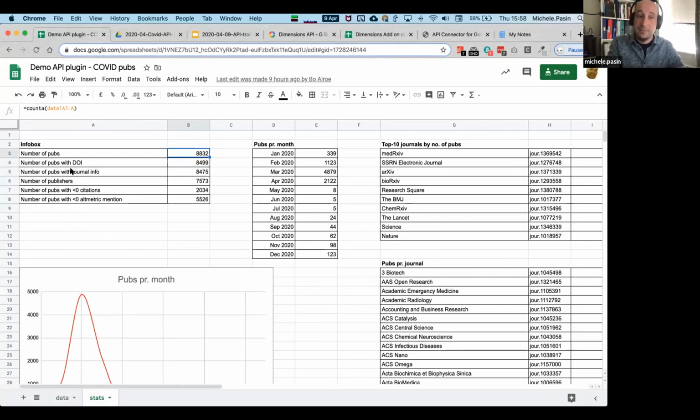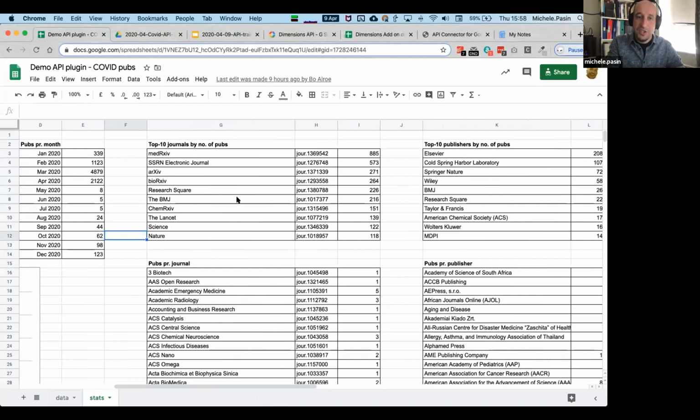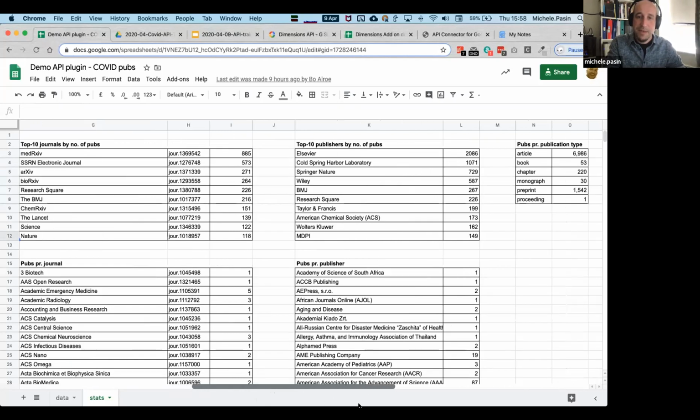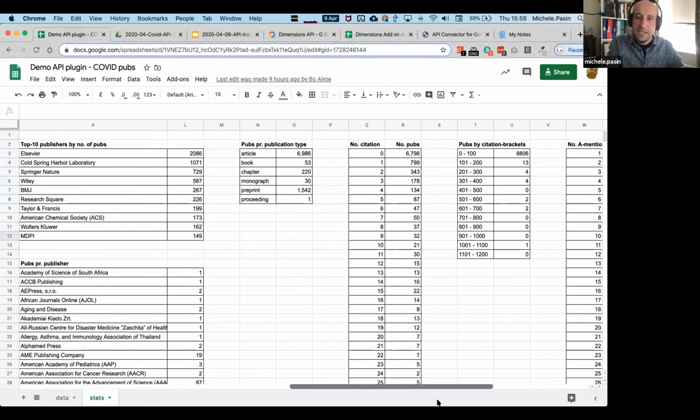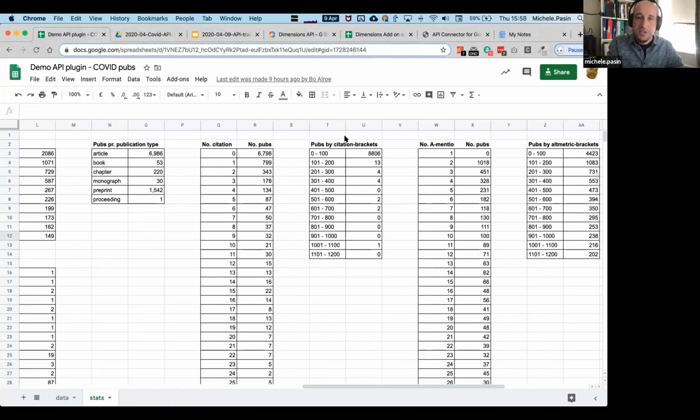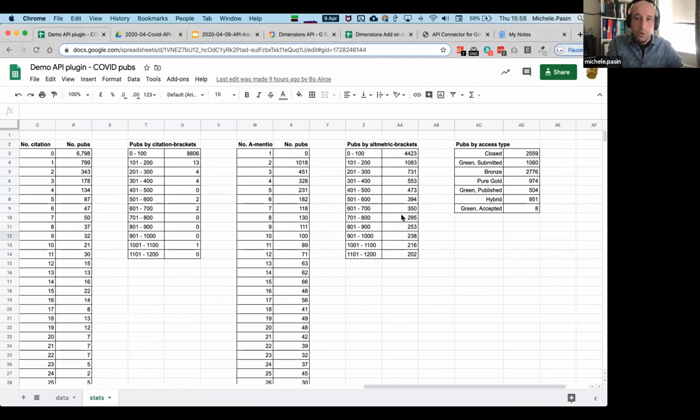So here there's statistics about number of publications, publications with DOIs, with journal information, and so on. How many publications per month we have, statistics about the journals, essentially the top journals by number of publications, statistics about the publishers, top publishers, statistics for publication types, number of citations, number of citations segmented using brackets, altmetric statistics, statistics about open access, and all of this is being done